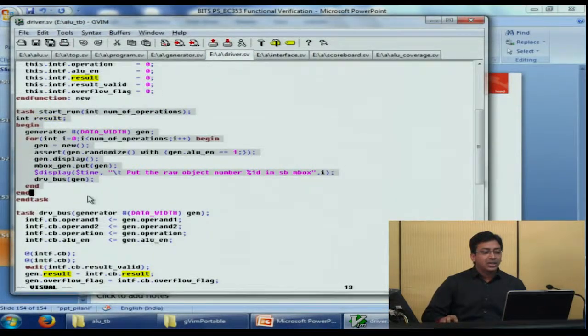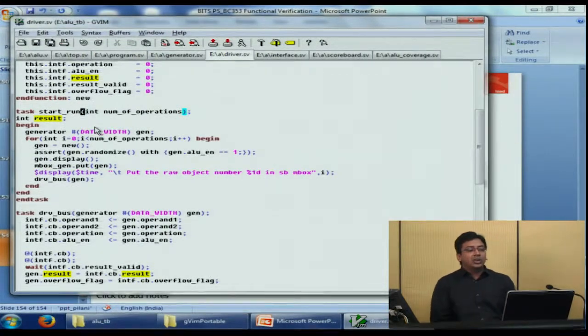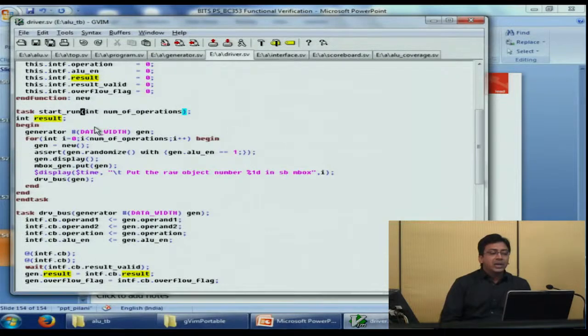So this is the startRun API implementation. This API has an argument called number of operations. Based on this argument, the driver class will perform that many operations. What it does is, it creates a handle of the generator and starts a for loop which runs for number of operations times.